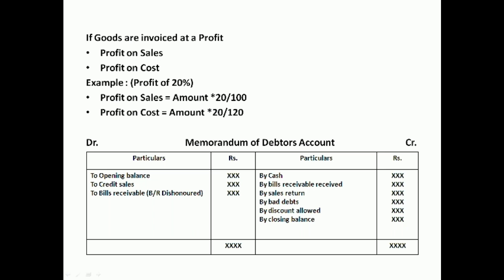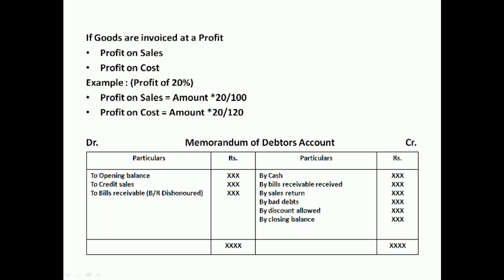If they give a profit of 20% in the illustration, if they said that profit is on sales, then whatever the amount we have, for that particular amount we are going to do directly 20 divided by 100. If it is on the cost, we are going to consider amount into 20 divided by 120, as we will not be having any cost at all, because that is added to profit. For that cost the profit will be already added. That is the reason the amount we are going to multiply with 20 divided by 120 under profit on cost.